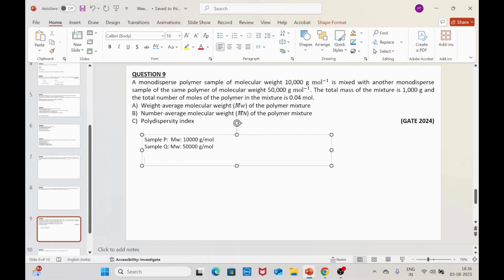Now it is written that the total number of moles, that is NP plus NQ, is